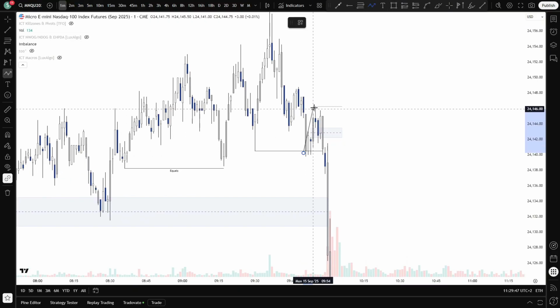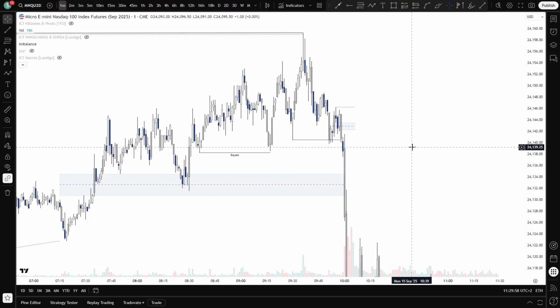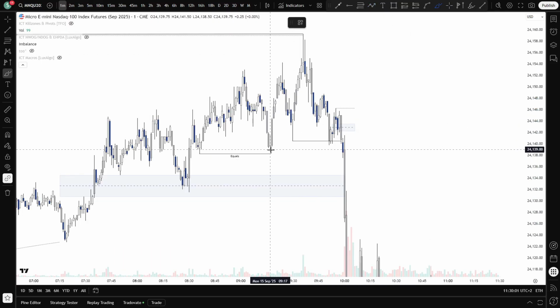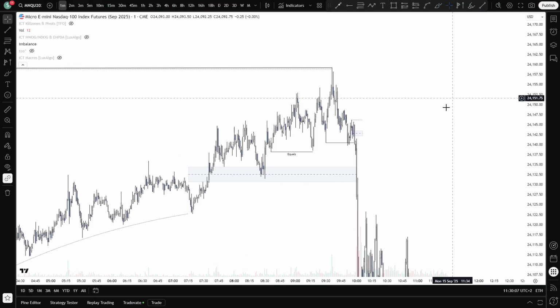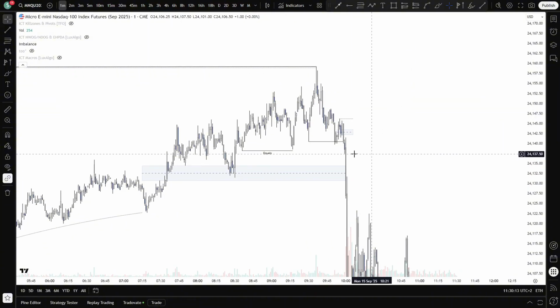You made a fair value gap, tried to use this fair value gap to make new highs, you couldn't, inverse it, and from there you make new lows. I didn't take this trade because we were still trading above these equals. We didn't inverse our low yet, so there were not enough confirmations for me to be early on this short, and definitely not on a market entry.